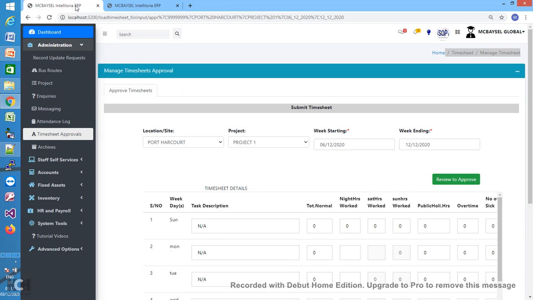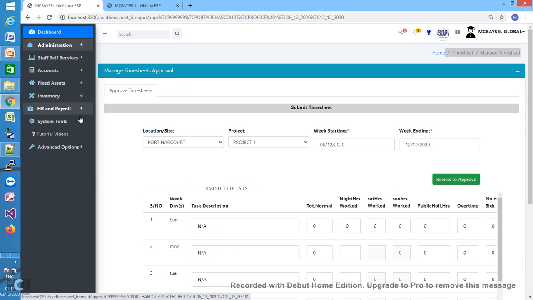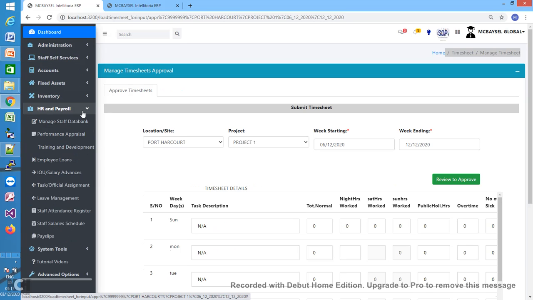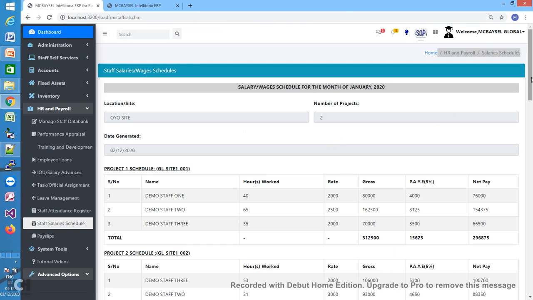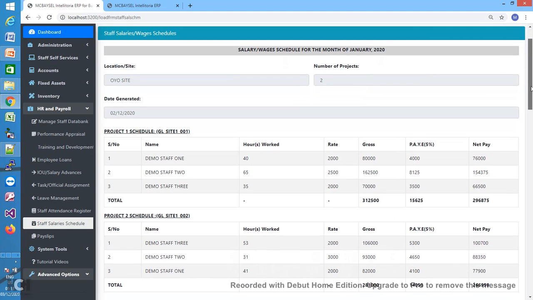I go back as the administrator, click on the HR and payroll, then we click on the staff salary schedule. So this is meant to give us the typical reports that